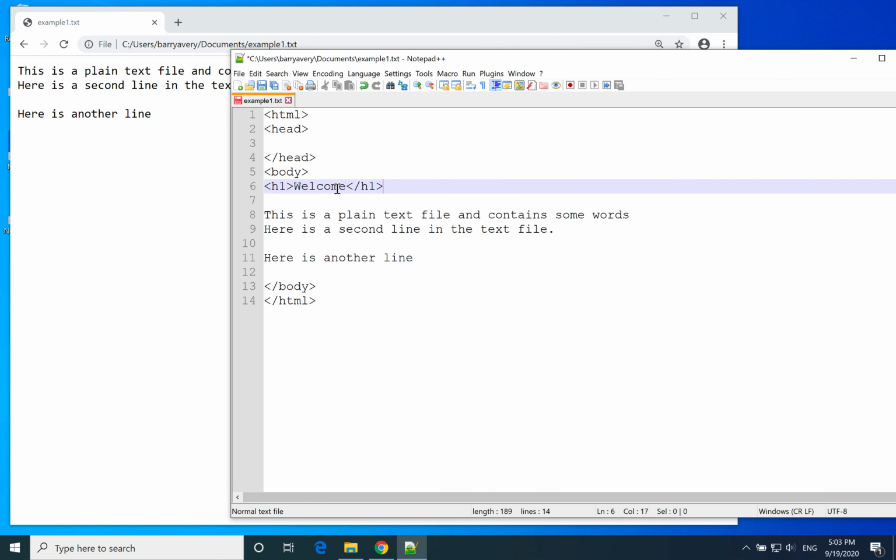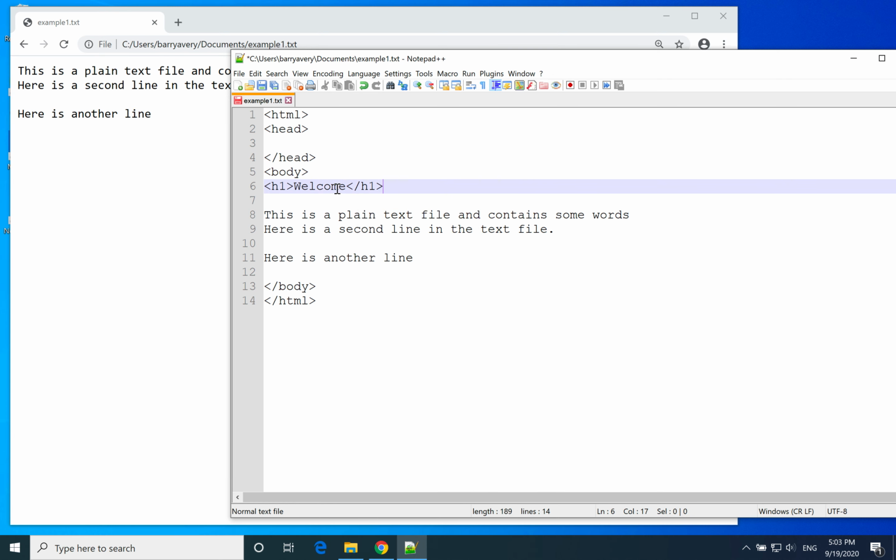Now, if you look up here, you can just make out, I hope, a little asterisk there, which indicates that I haven't saved the file yet. So I click on Save, and now I can nip over to the browser window, and I can click Reload. And when I do this, what we're expecting is all of the text and all of the HTML to be processed inside the browser window, and for this to be rendered in a particular way. But as you see, it doesn't quite work out. So if I click on Refresh,